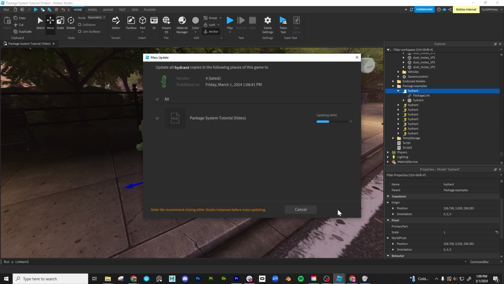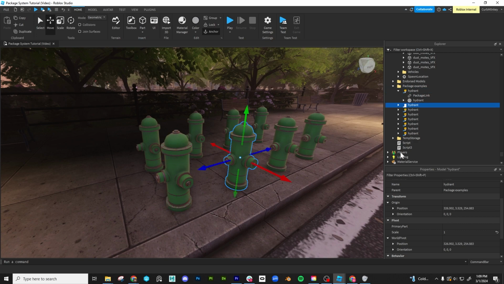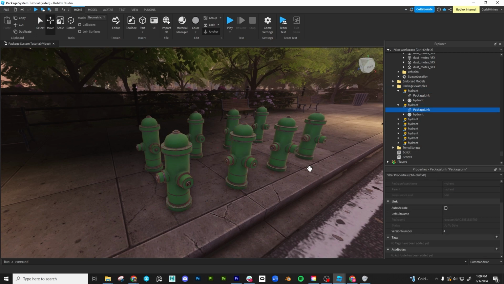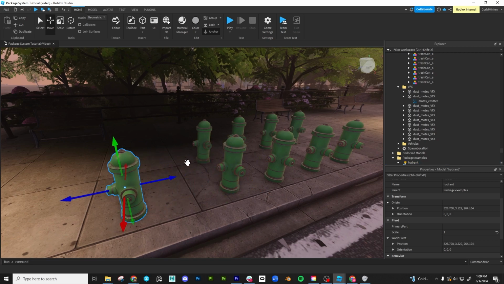If you hit update here, it'll run through and show you its update progress. And when you close and come back, you notice all of those have now been forced into the 4th revision. Also wanted to touch on how you can manually roll back